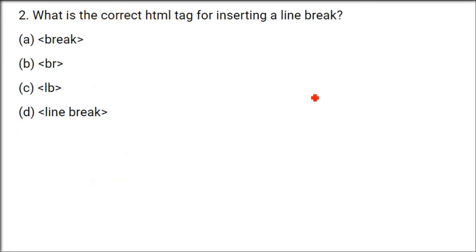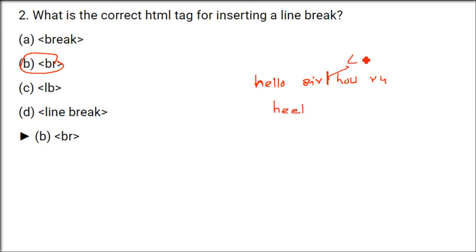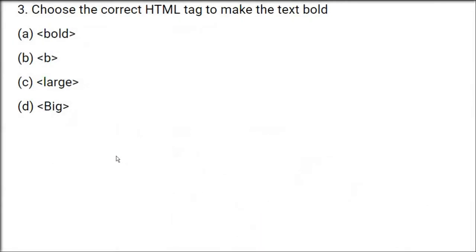What is the correct HTML tag for inserting a line break? Line break we have already seen, BR. For example, I'll just give an example. If you're writing hey, hello and hello sir, and then you have to write how are you in the next line, you want to have a break. That is, this has to come in the next line. When you put BR inside this, hello sir will come on the first line, and how are you will come after a break, that is in the second line. It's like /n in programming. It's like enter in your Word. This is going to come in the next line, BR.